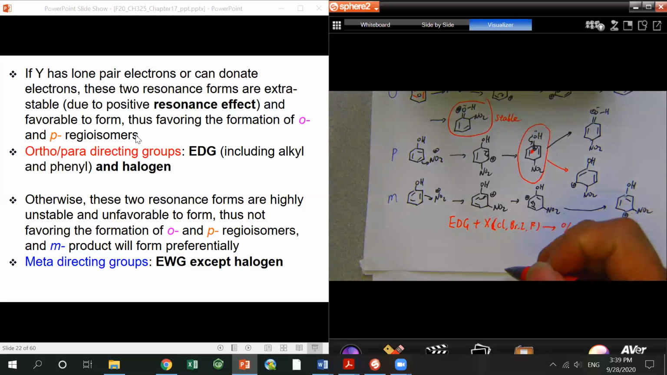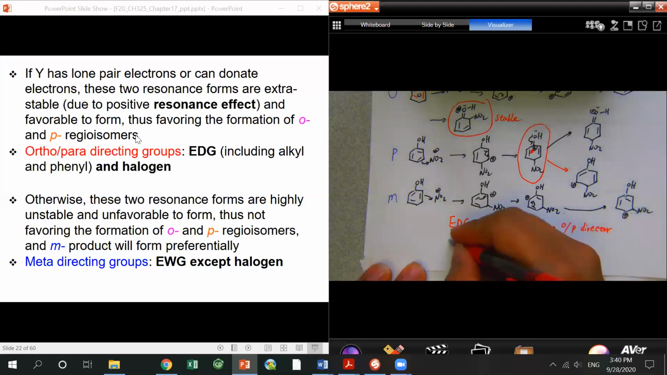And on the other hand, if it is an electron withdrawing group,